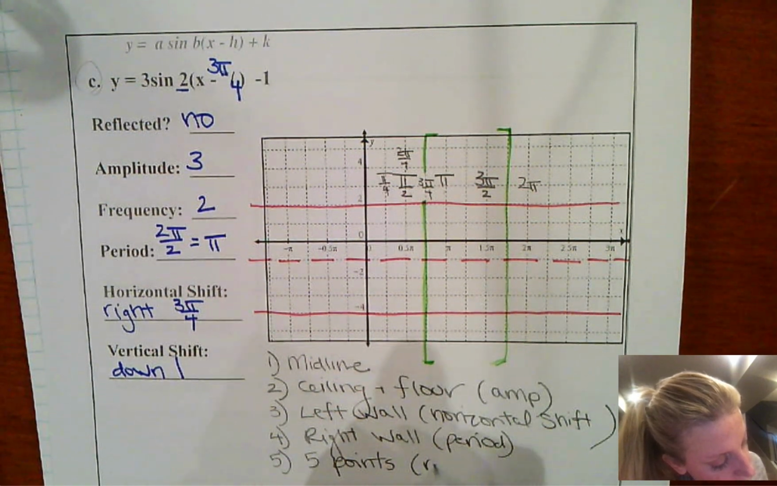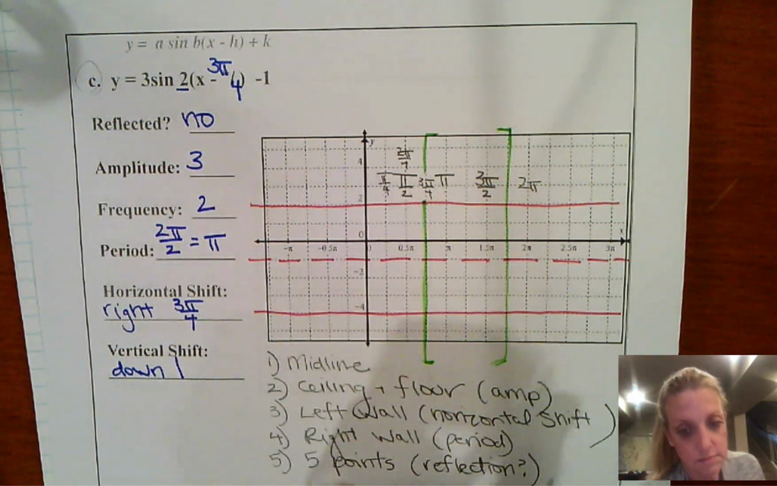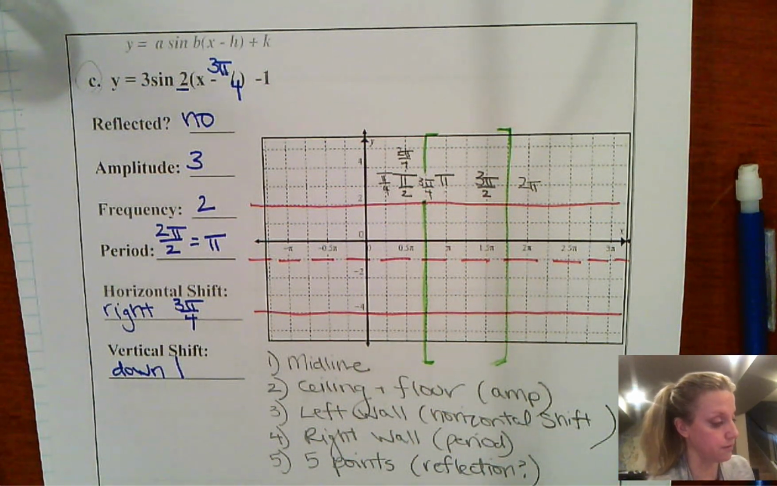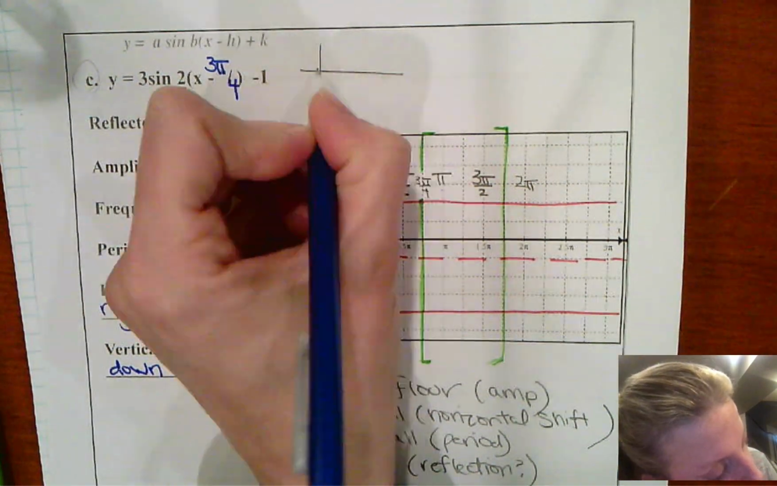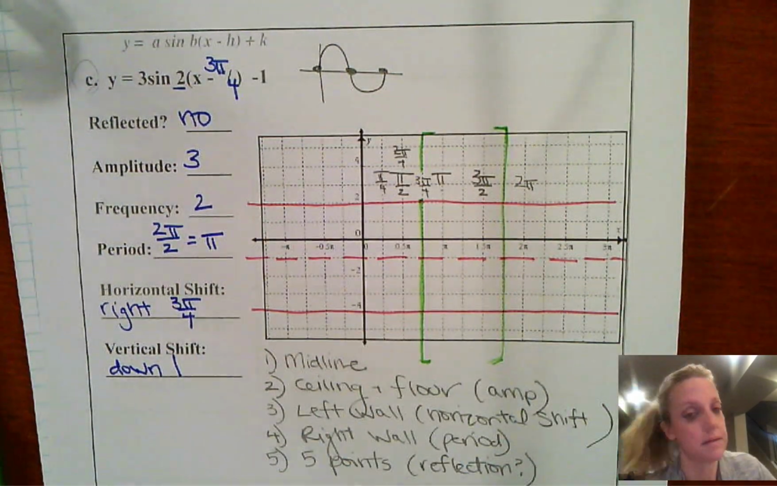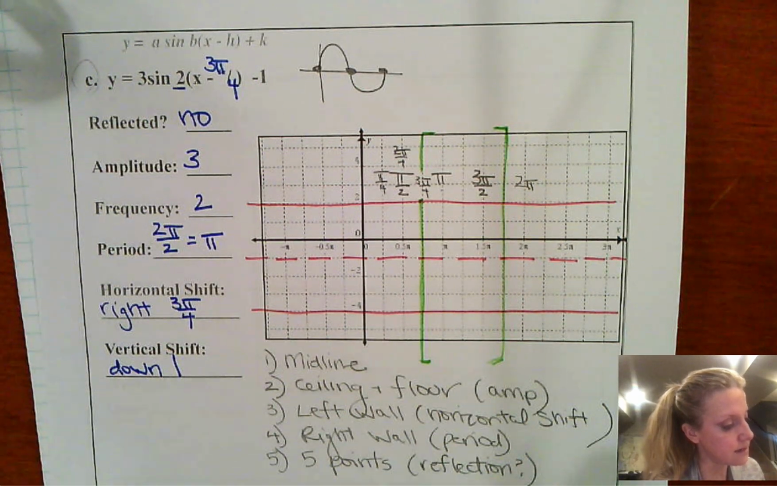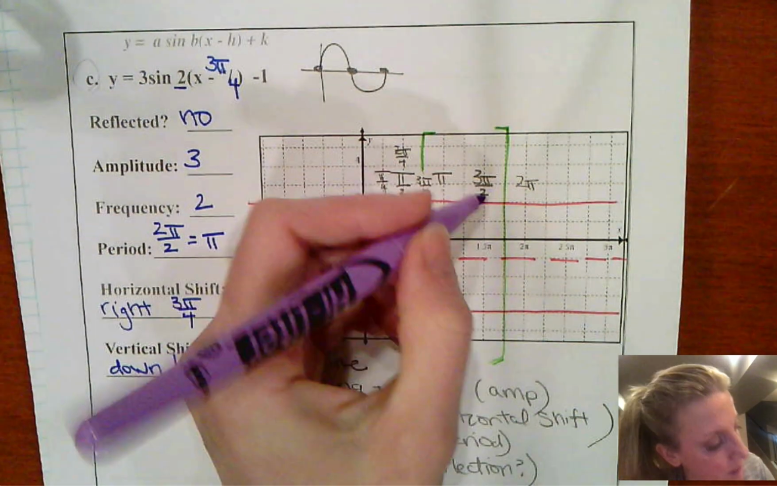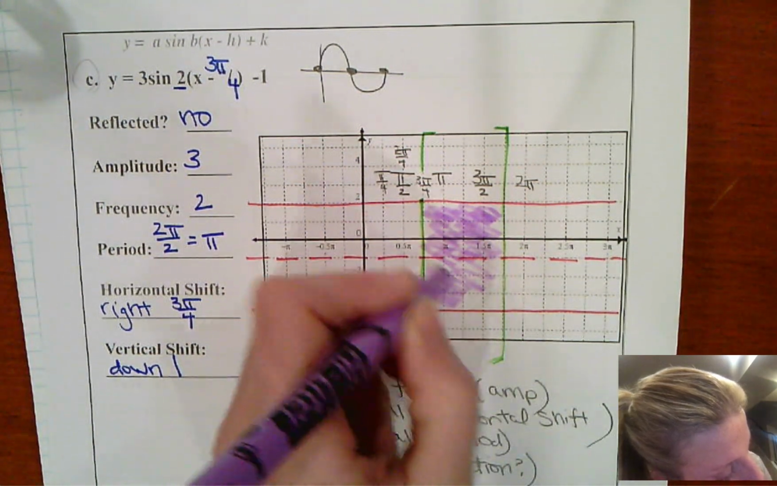Make sure to check if you have a reflection. All right, this one we did not have a reflection, and we do remember that a sine graph is our roller coaster. So the first 3 important points all come on the midline. I am going to take a highlighter because it's easy to get confused what box we're working in. It's right here, a ceiling and floor,